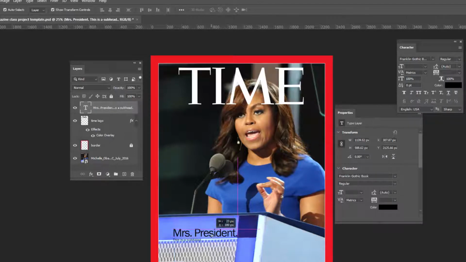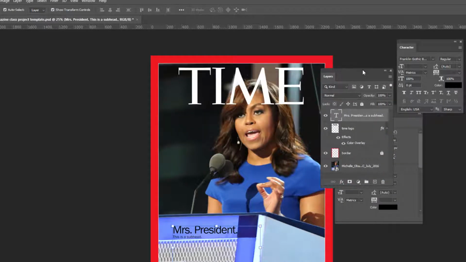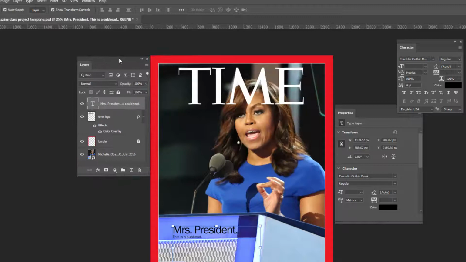Okay, and this can be positioned in a different spot. It actually fits nicely right there. Now, right now we've got a situation where the image is completely behind the logo, and in Photoshop, it allows